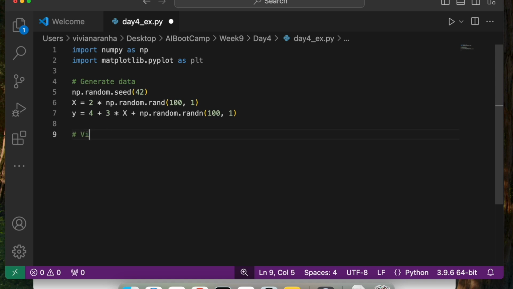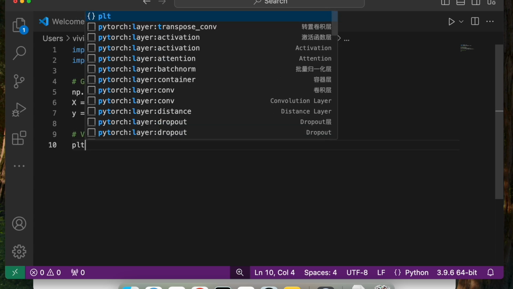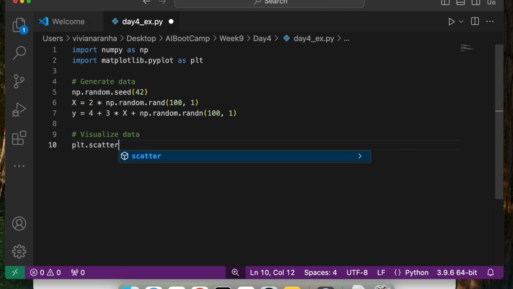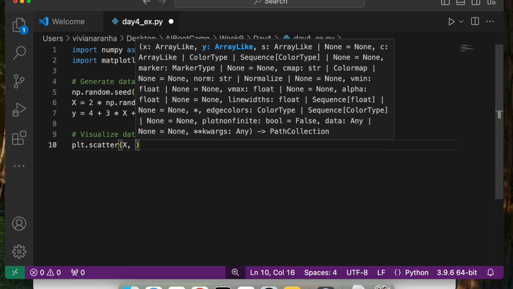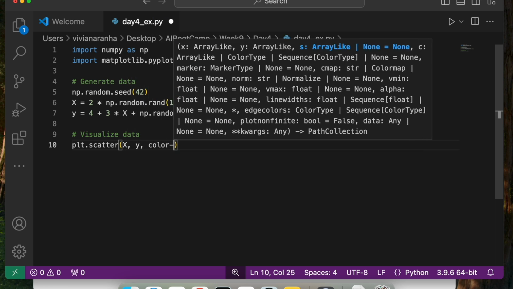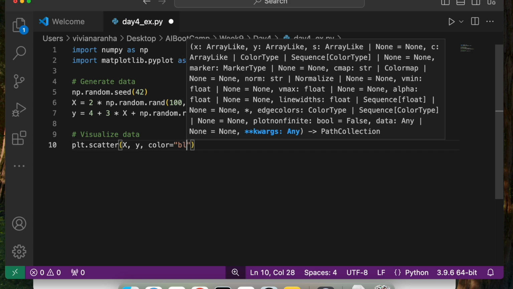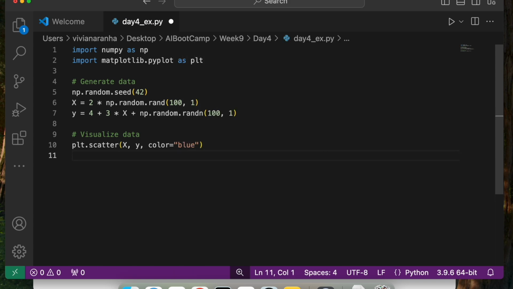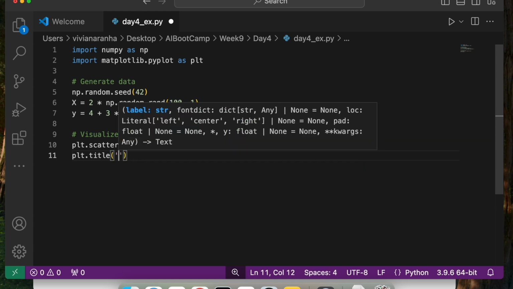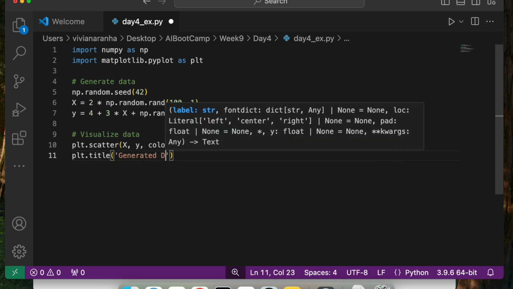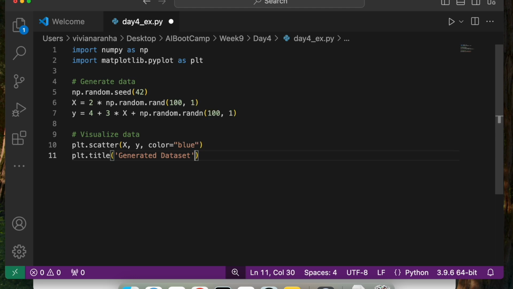Now let's go ahead and visualize this data. I'm going to use plt.scatter just to see how the data looks, with color equal to blue. Next, plt.title, giving it a little title: generated data set.